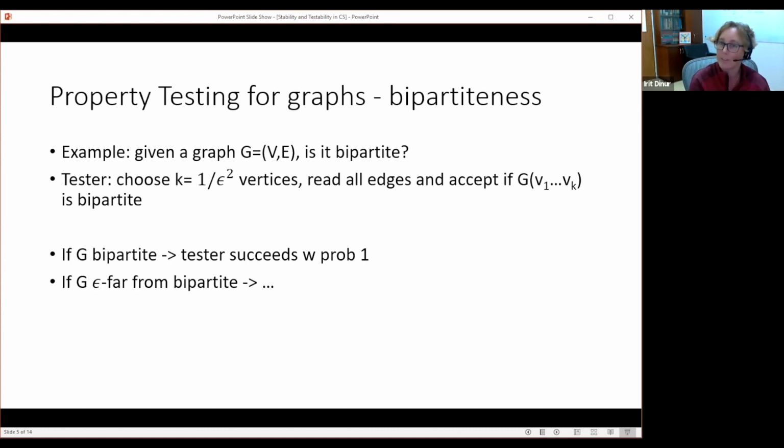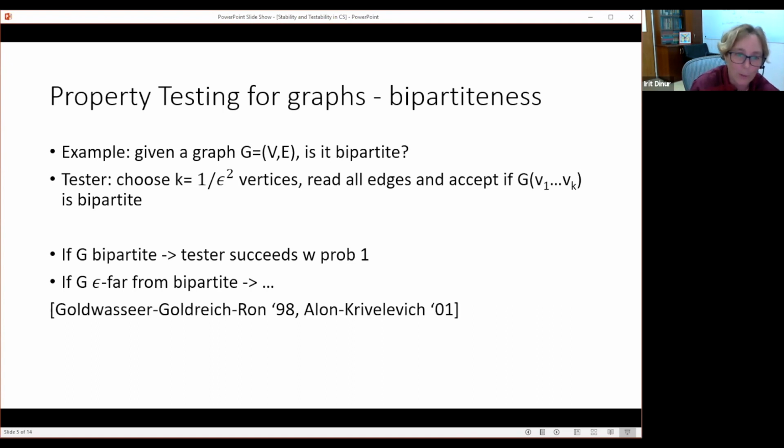This kind of graph is a graph that I expect the tester should reject. If you need to change fewer than an epsilon fraction of the edges to make it bipartite, for this kind of algorithm, you count it as if it's bipartite. Okay, so suppose this is our graph. What happens? I'm not going to show the analysis here, but